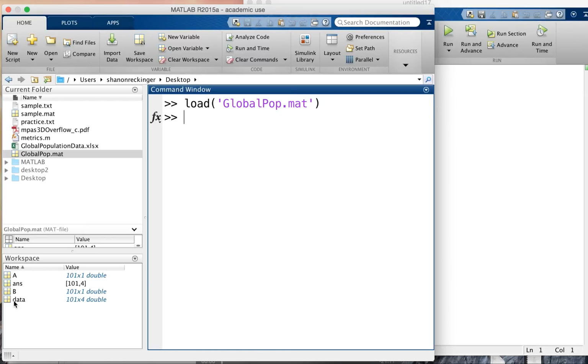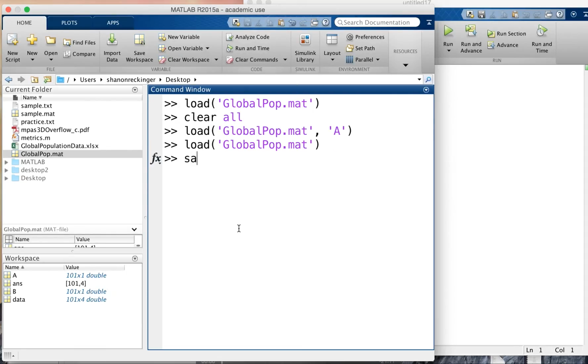Okay, so the other thing that's nice is a lot of times you don't want everything saved or loaded. So in addition to just doing the whole thing, you can also say that you want just one of the variables. If I say load, put the file name, and then put one of the variables or 2 of the variables, then it will only load those variables in. You can do that the same way when you save. You can only save a few variables to the file. So I could